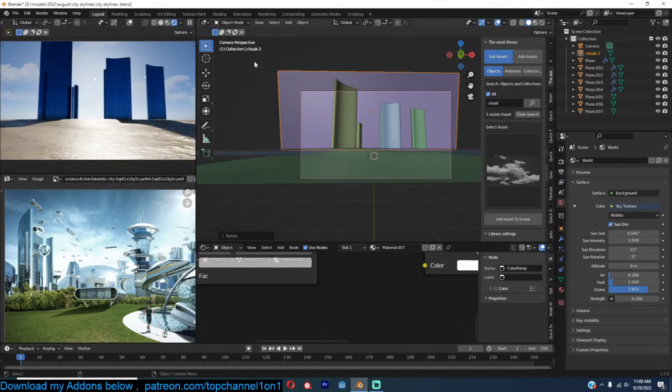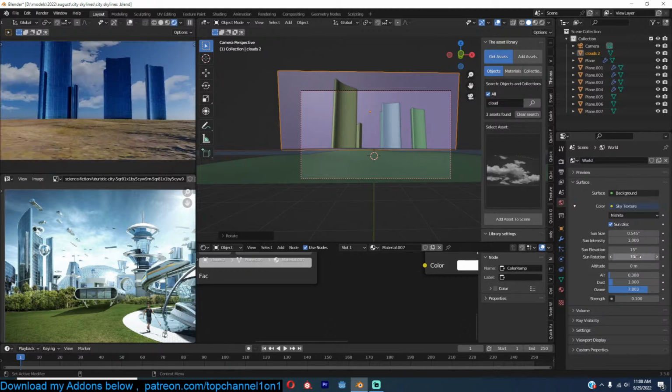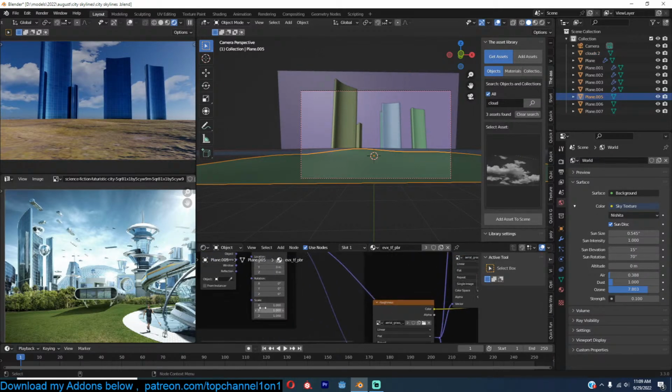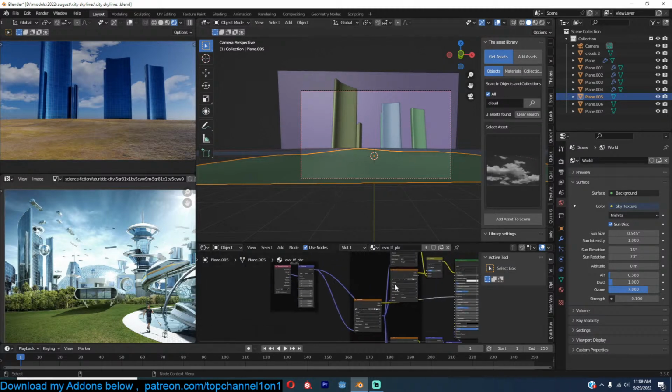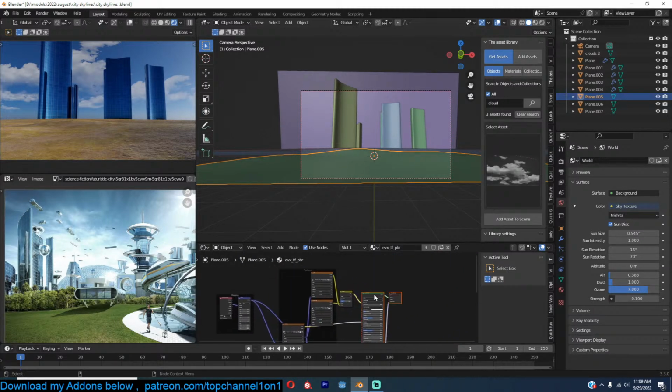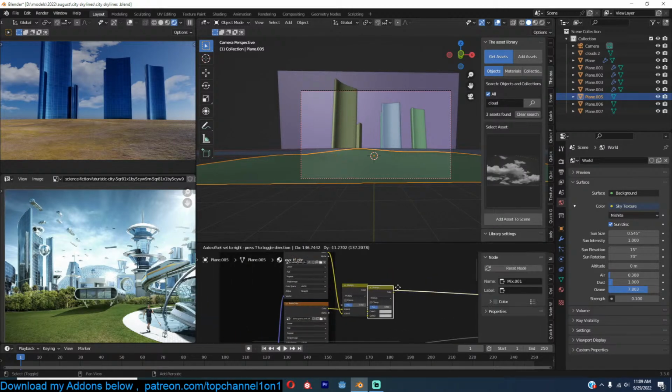Think things are starting to look good. I need to rotate this maybe 70 degrees. Okay, and I want this to be a bit more green, so